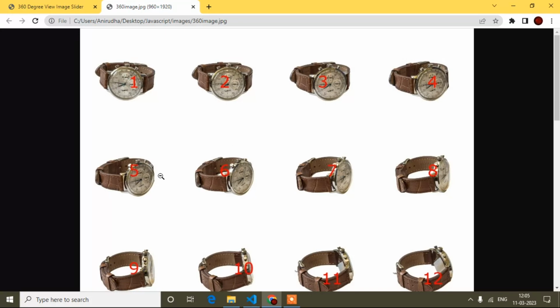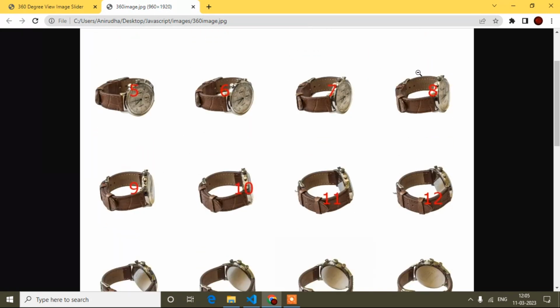Like this, once column completes 4, one row will increase and column will start from 1 again, because this is starting from the first. In the same way it will complete again up to here, then the row will increase because it comes to the next row, and column starts from 1 again.